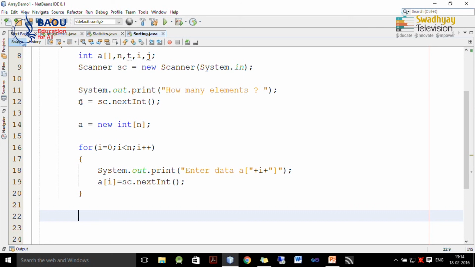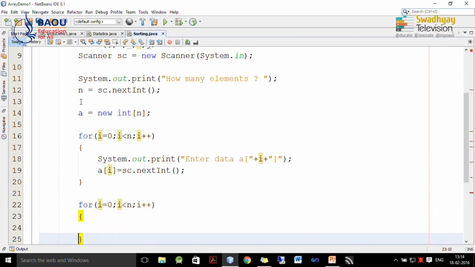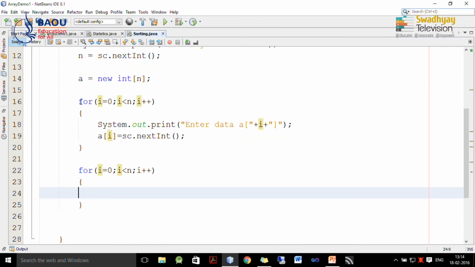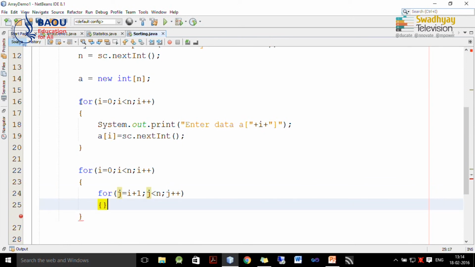Now, we want to sort this data. So, first I write down the logic and then explain how it works. So, here we are using features of a nested loop. So, this loop ranges from 0 to less than n, that is, it refers to all the elements by I. Now, here I write down j is equal to I plus 1, j less than n and then j plus plus.